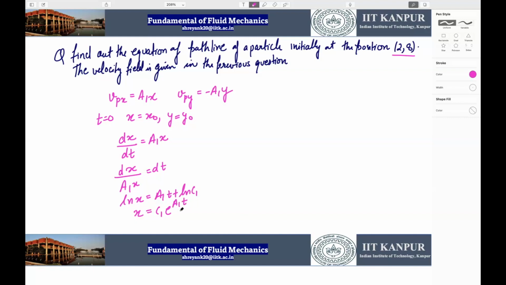Okay, and at t is equal to 0, x is equal to x naught, which means my c1 becomes x naught. Therefore, the equation in terms of x coordinate is x is equal to